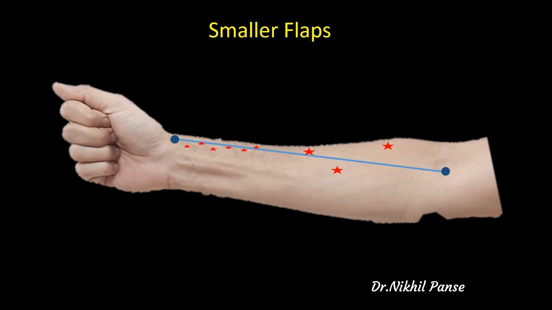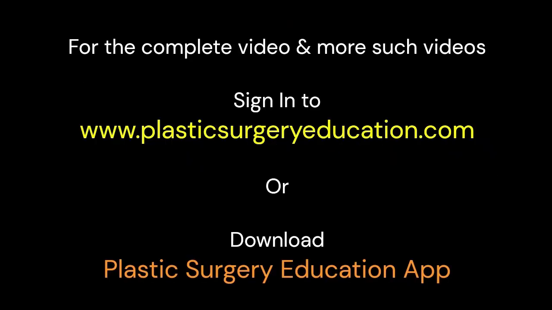So the problem lies if we want to design a smaller flap on the proximal aspect of the forearm. If we design a smaller flap and we don't incorporate the perforators, our flap is likely to fail. So when we design a smaller flap in the proximal forearm, it is necessary that we